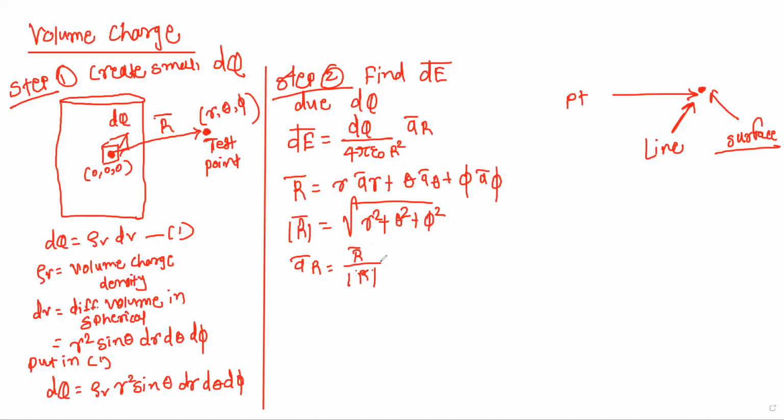Now you know what it is. So let me take you through the final equation of dE bar. dE bar is equal to, now the value of dq, which we have presented in this equation. Value of dq is